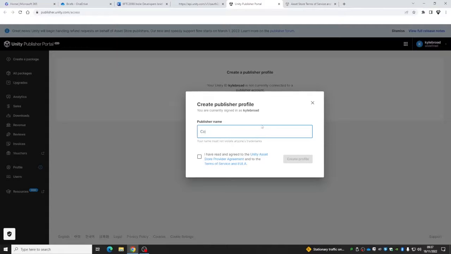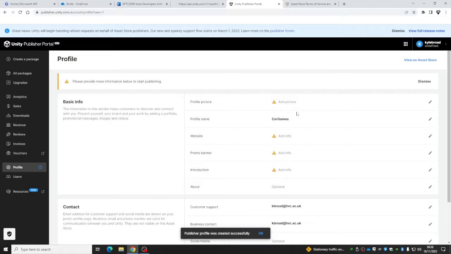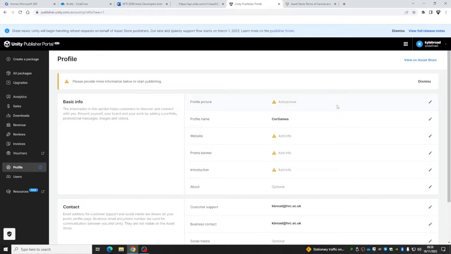Let's go with that one. Lovely. So we can add optional data here. Social media, payout preferences.